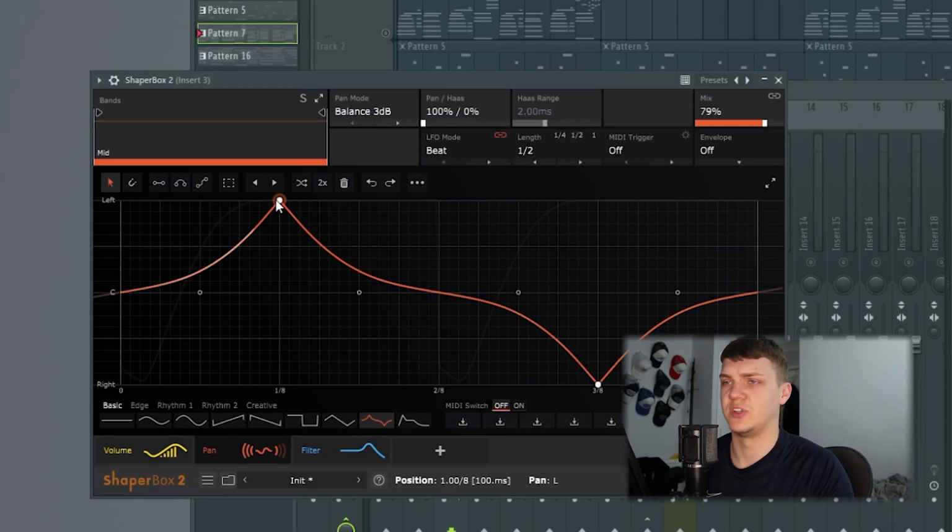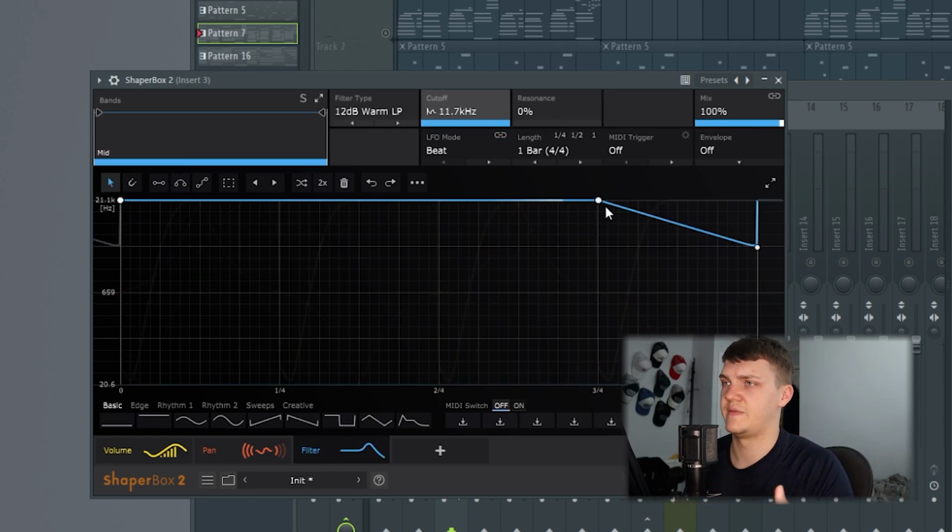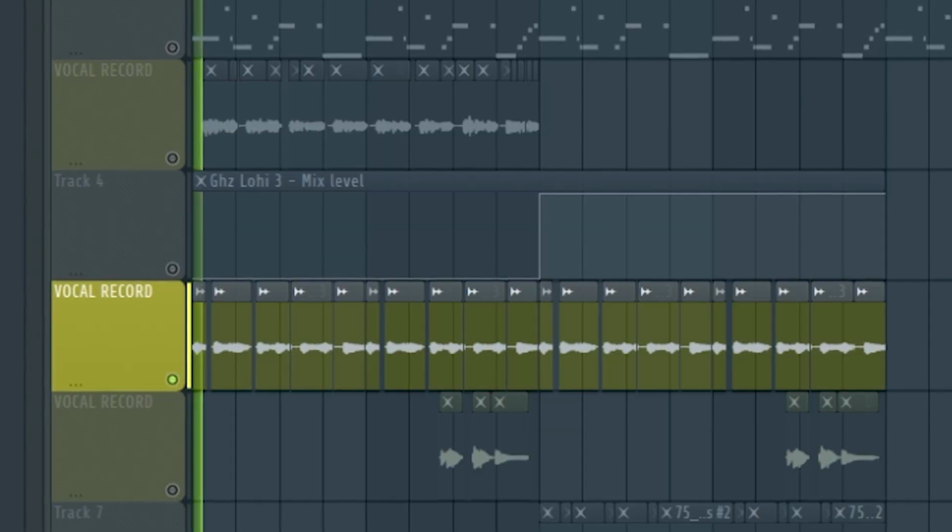And then you can use panning, which is very good because it allows space for other elements to shine. So I've just got this going left to right, and they're just catching the listener out. And as you can see here, another envelope, just a low pass filter coming in at the end, so it's sort of taking it away subtly, so it's building back in. So the second vocal,